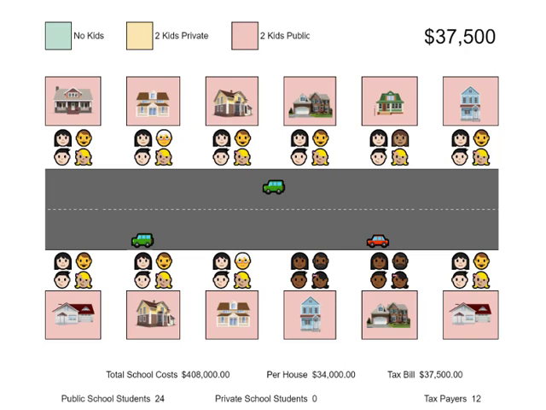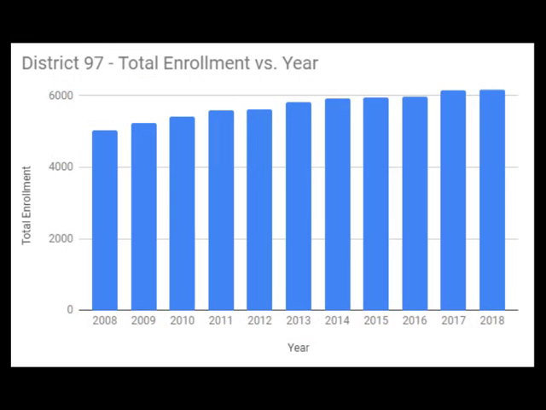You might question if a demographic tax spiral is actually occurring in Oak Park right now. Well, between 2008 and 2018, elementary school enrollment increased from approximately 5,000 to 6,200 students. And this isn't because Oak Parkers are having more babies. New families with school-age children moved in. The elementary school levy also increased in the same time frame by an amount that's almost exactly proportional to the increase in enrollment when you take into account increasing wages.